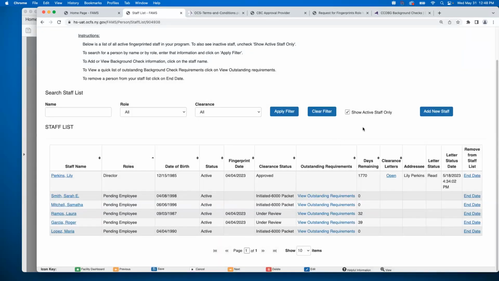And then once that decision is made, you will be notified via email as well as the individual. You will come to FAMS as the provider. You can click on the open link here to view that letter. And what's nice about this is that the employee too will be able to come, or household member, volunteer, they'll be able to come into their own version of FAMS and they'll get a very small sliver of FAMS, which will allow them to see just that letter and they can see that letter and print that letter.